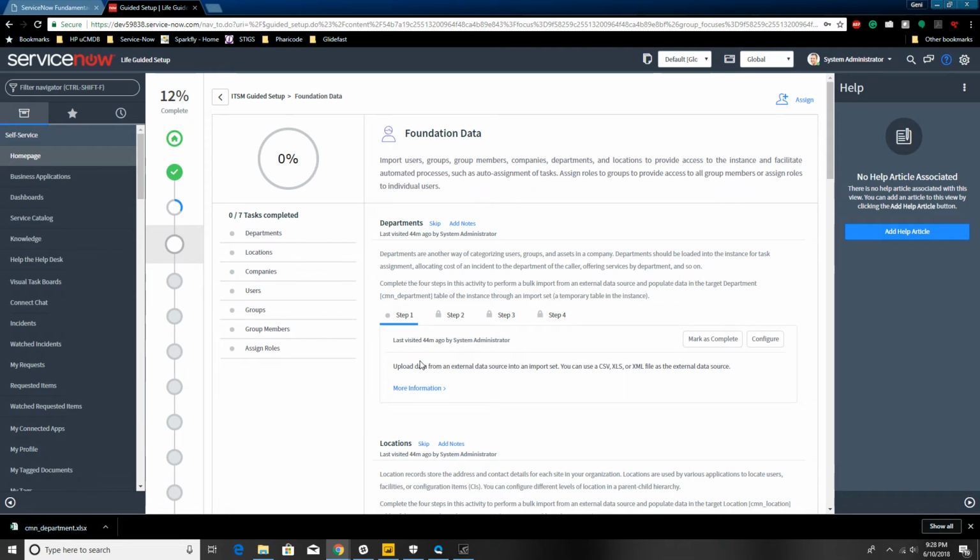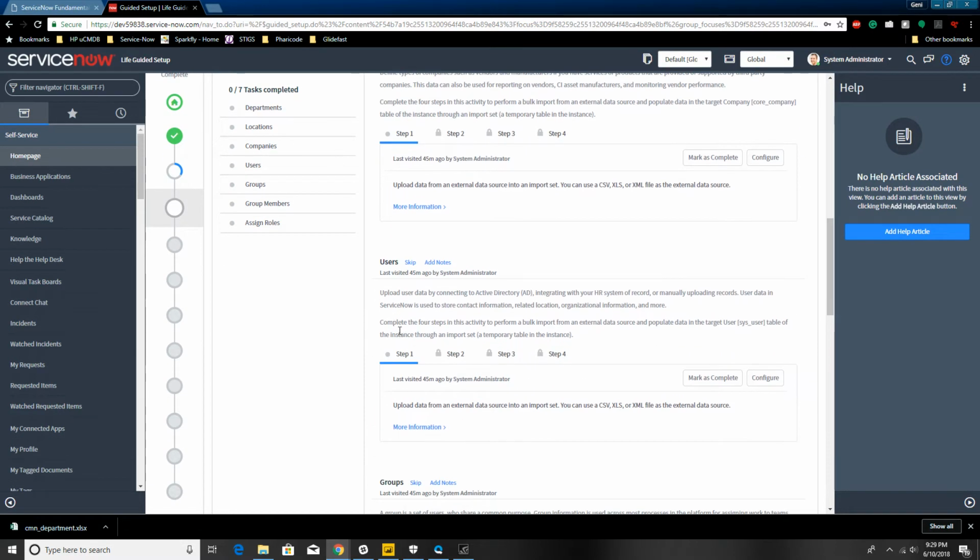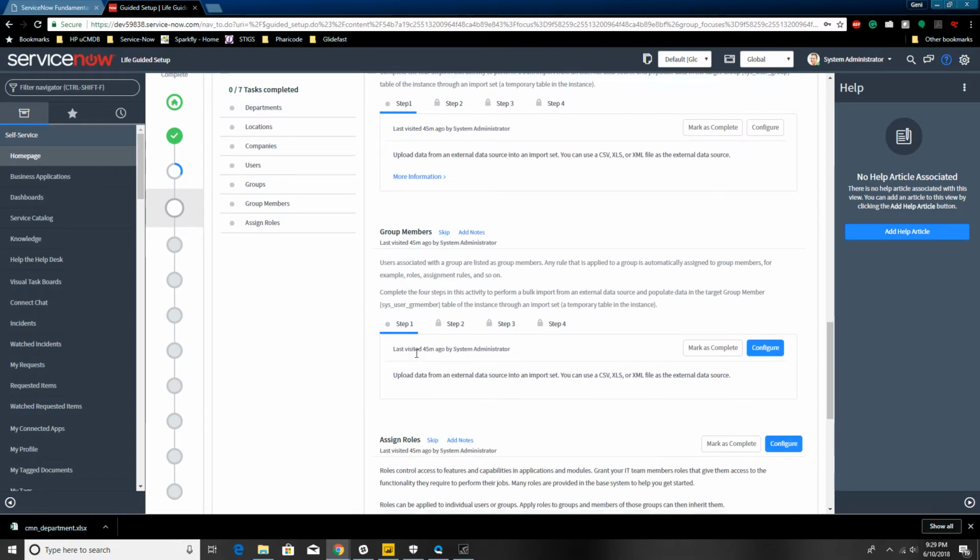Now, what is foundation data? Foundation data is pre-existing data that you may have in your company, whether it be in a database somewhere, in Excel files, CSV files, however you're storing it, it's somewhere existing in your environment. And this foundation data is data that's going to be used throughout the ITSM platform. Some of that data is going to consist of departments, locations, companies, users, groups, group members, and then assignment